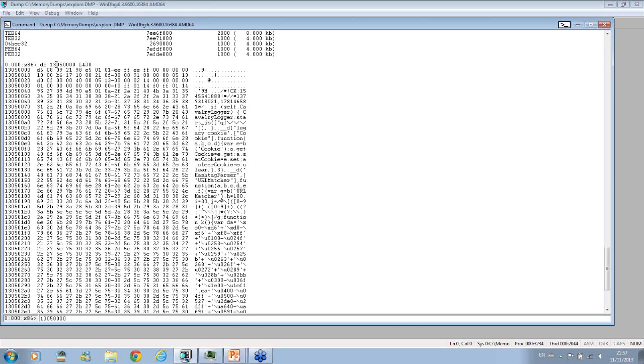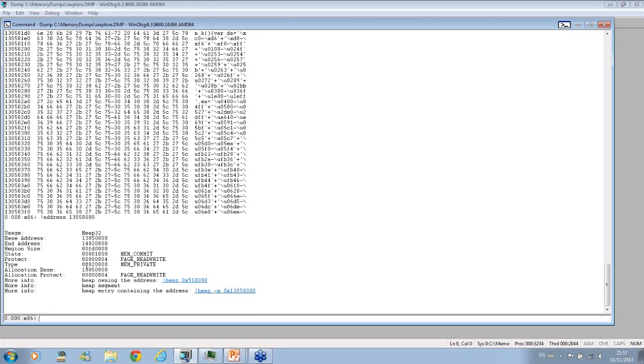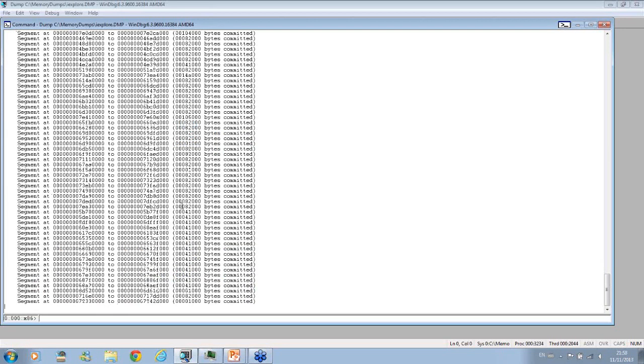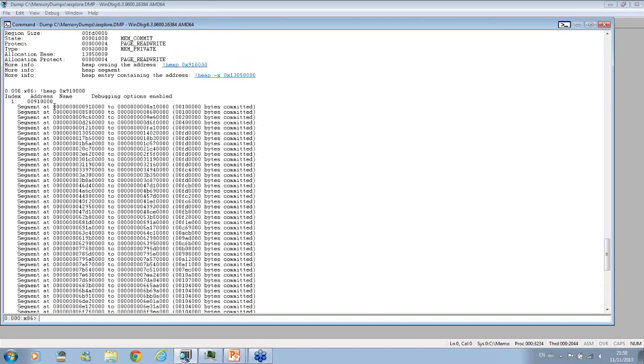So let's first check this base address. We see it belongs to the main, so the first heap. I clicked on this hyperlink, and we see all these segments that belong to this process heap. What we are going to do now is search for Cavalry logos in these segments, because some of them are quite large, some are small. So basically we use this command, s-a, and specify the start address of the first segment,